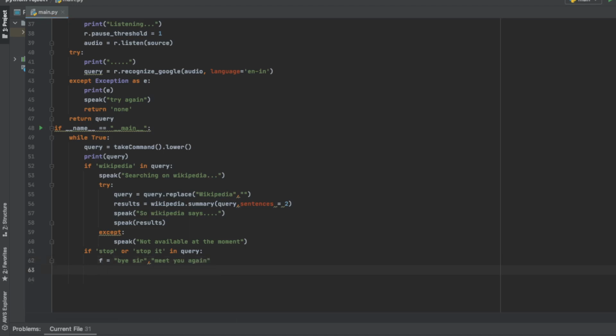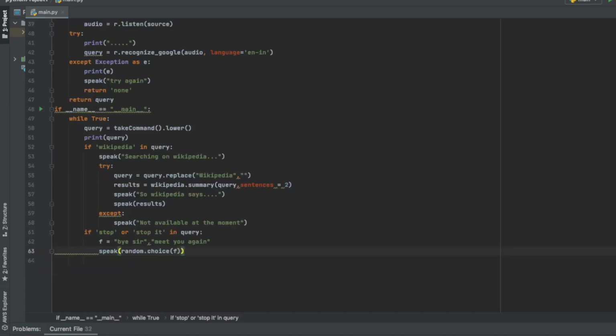So these will be the two replies, and I again wanted to speak one of those two random choices. So it will be speak random.choice(f). So once this is done, I wanted to break the loop. So break,